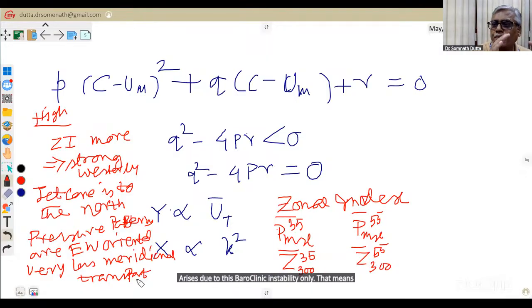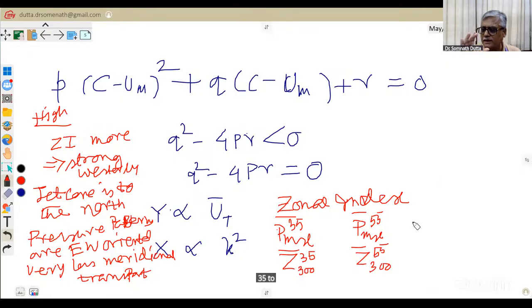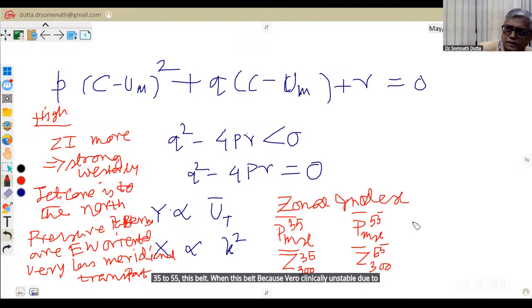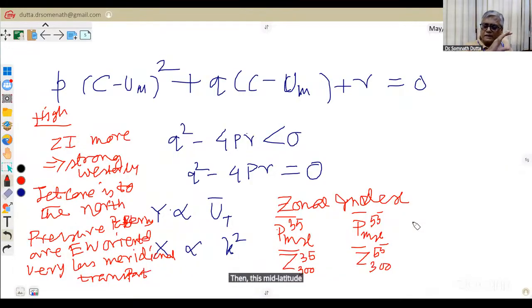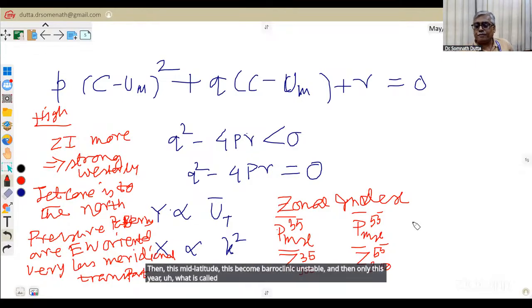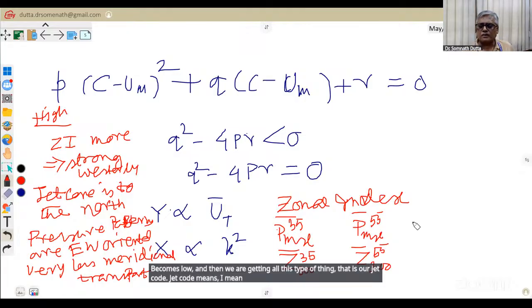That means when the mid latitude, 35 to 55, this belt becomes baroclinically unstable due to increasing baroclinicity, that is the north-south temperature gradient, and then the zonal index becomes low, and then we are getting all this type of thing. That is our jet core. Jet core means the westerly jet core to the south of its normal position, and your pressure